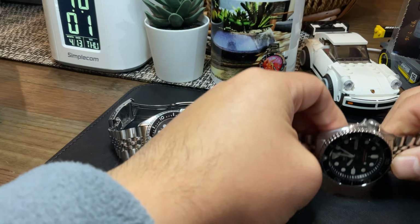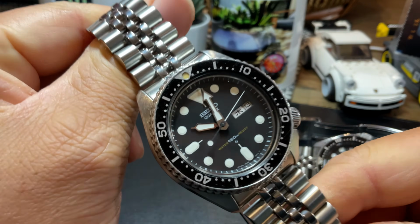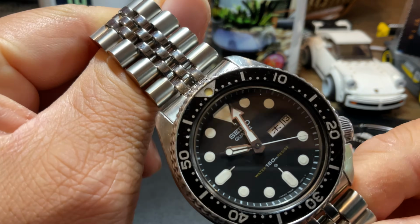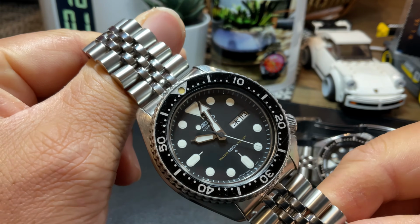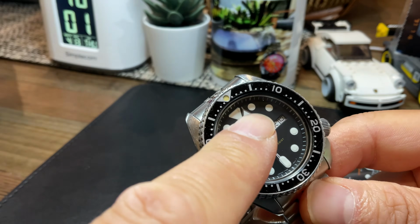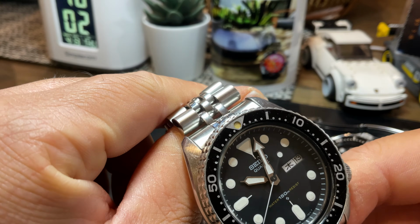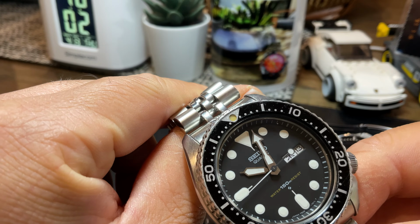Okay. Now, a couple weeks ago, as you guys know, I was very fortunate to acquire this vintage piece. If you guys know this watch already, you know what it is, but if you don't, let me give you a brief introduction. First of all, this watch was manufactured in 1982, so 40 years old. The model name of this vintage Seiko is the Quartz, as you can see right there, right? So this quartz, a vintage piece, was manufactured in 1982 with a fully serviceable, full metal quartz movement with 5 jewels. Again, the model number is